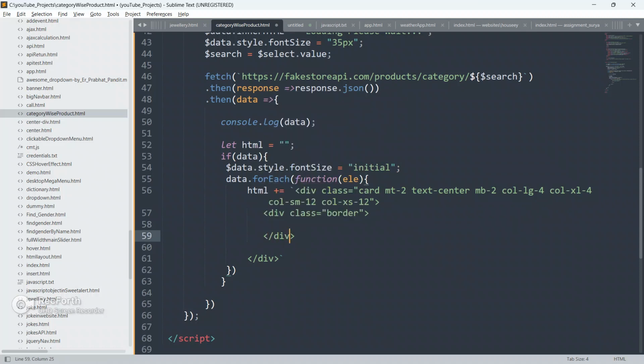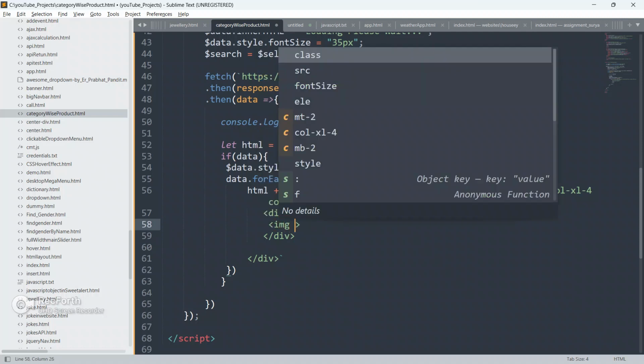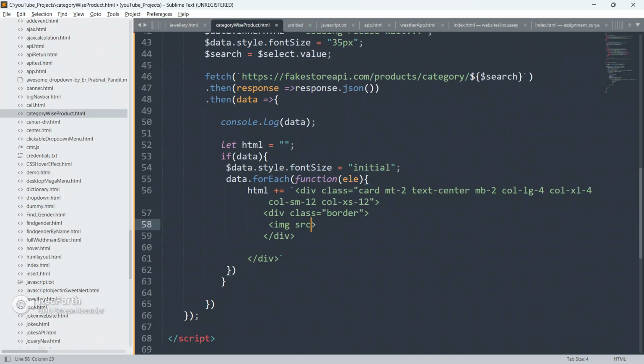And inside this div I'm gonna create an img tag. img src, we will define it later using JavaScript.